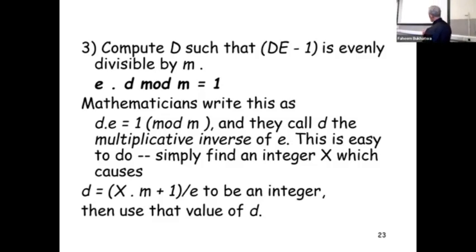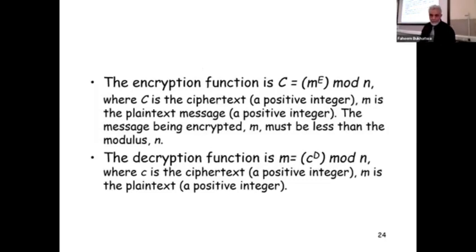This is easy to do. Simply find an integer x which causes this to work. This is another way of writing it, but it actually means D and E multiplied, modulo M, equals 1, or M plus 1 can be divided by one of the numbers to give an integer, and then use that value as D. So now once you have created the D and the E,